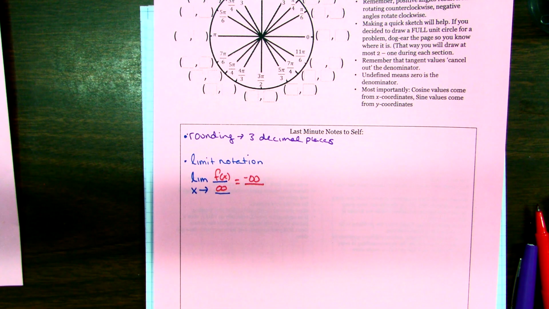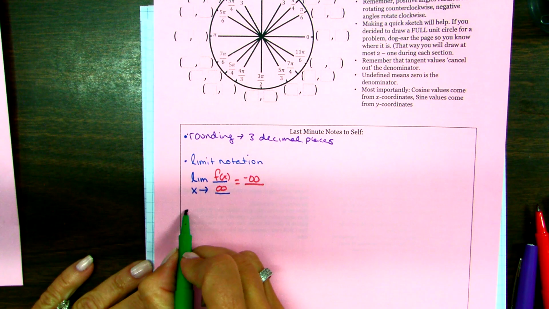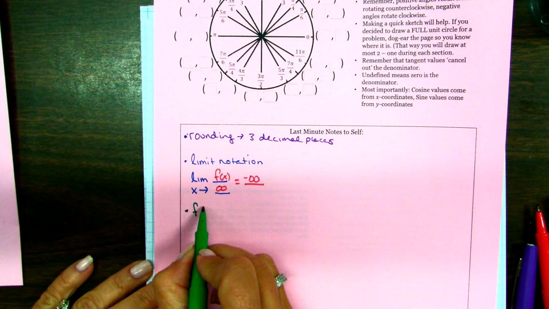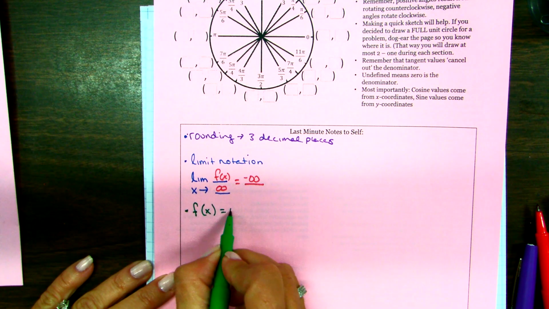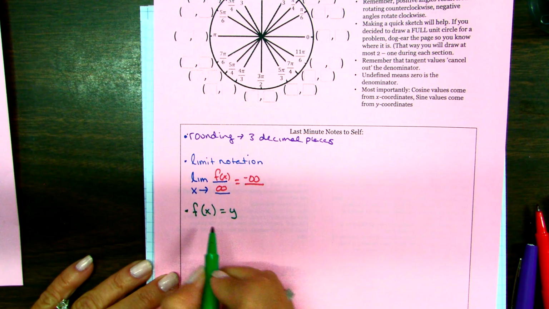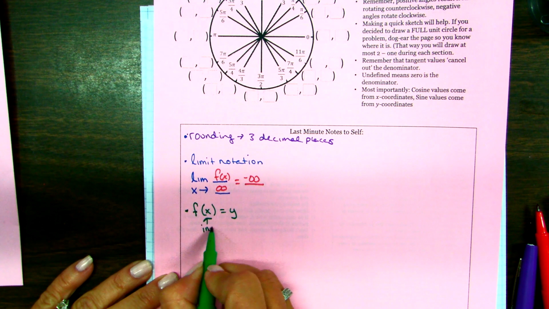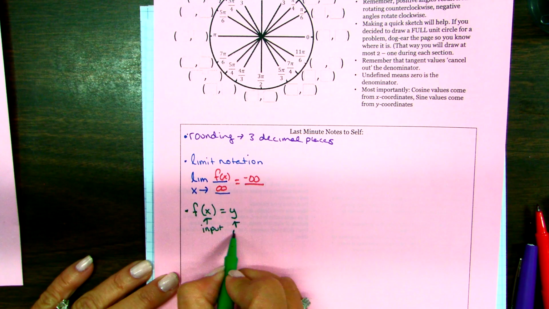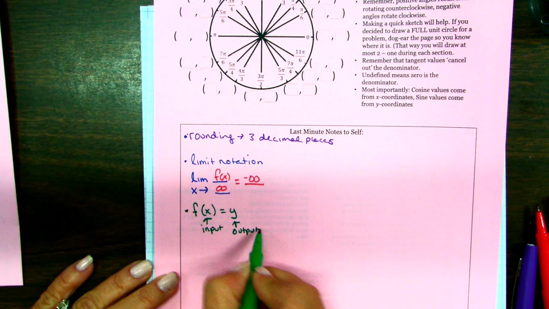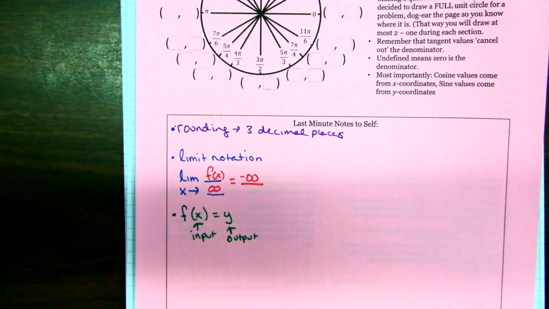Okay, I keep seeing this notation, and we're still getting confused by it. When you see this, this is basically just an ordered pair. This is your input, and this is your output. Okay, and a lot of times they'll give you f of x equals like 7. That means y equals 7. I want to show it to you because I feel like a lot of